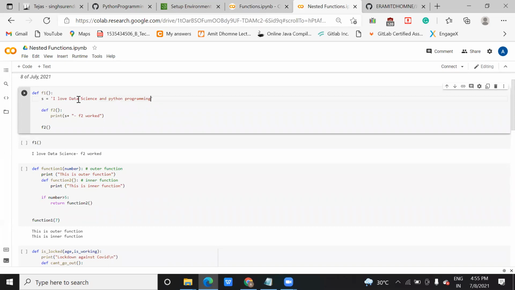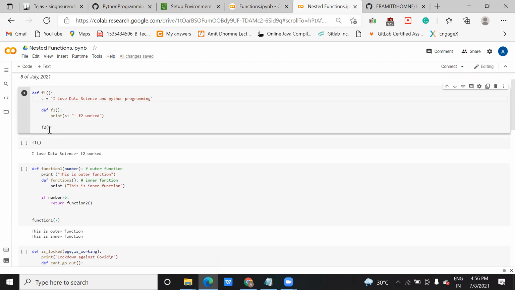Now inside this function I have created one more function. That function will print the outer function's value of this s variable plus this f2 work, something like that. And after that I will call f2.